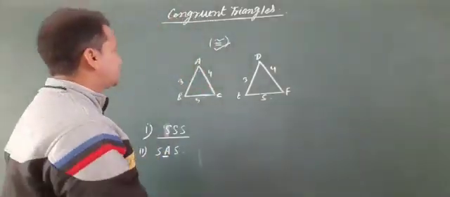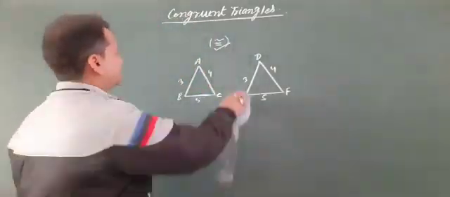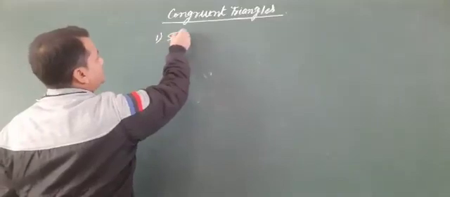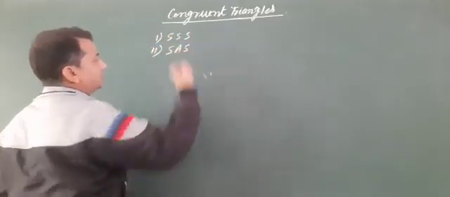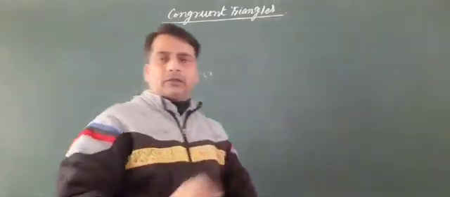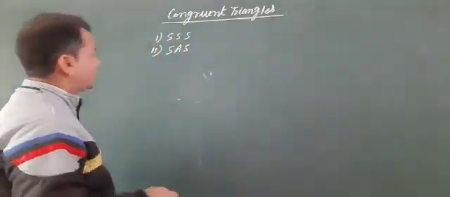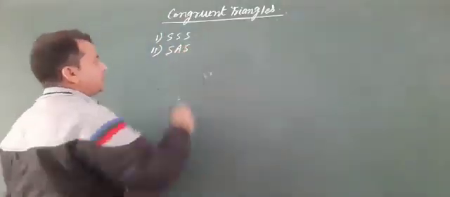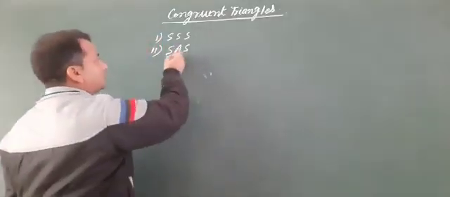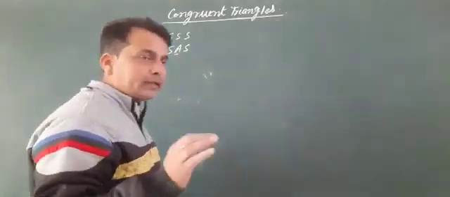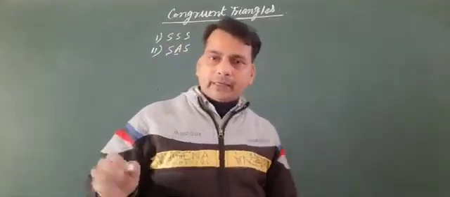each other. Means if two triangles are given here, the first rule of the congruency is side. Next one is side angle side. So here the next rule of the congruency is side angle side. If two triangles have two sides the same and one angle also the same, they are congruent to each other by the congruency rule, that is side angle side.